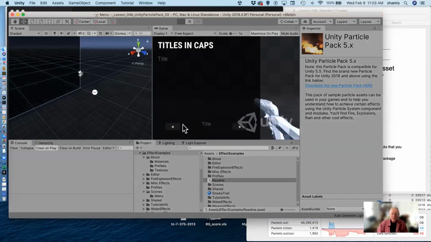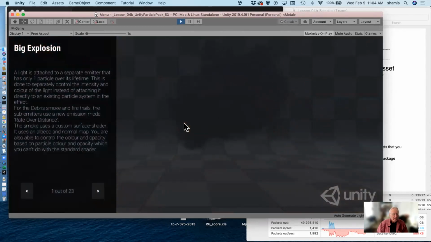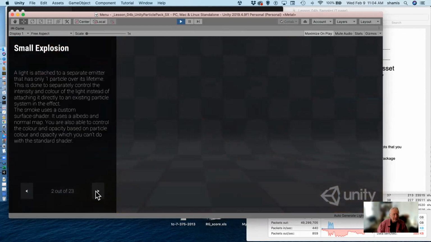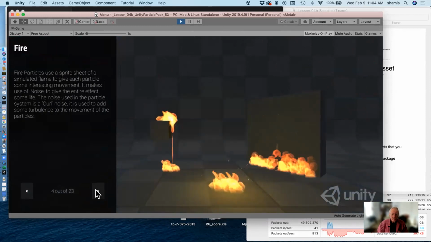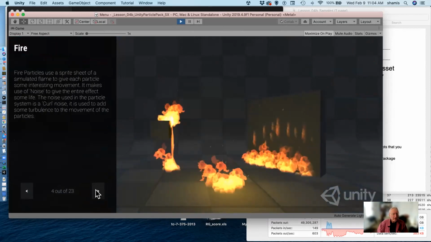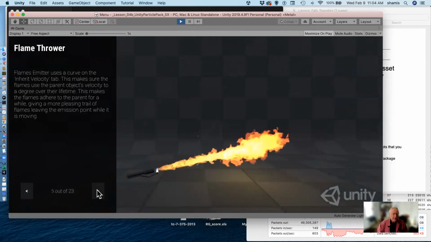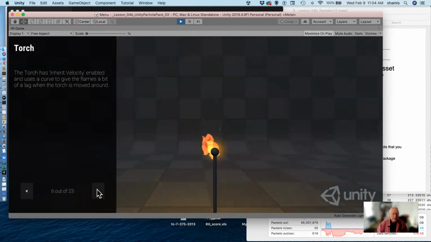But this has a bunch of nice particle effects as well. Of course, explosions, big and small, fancy blue explosions, some really nice fire effects, a flamethrower, a torch,